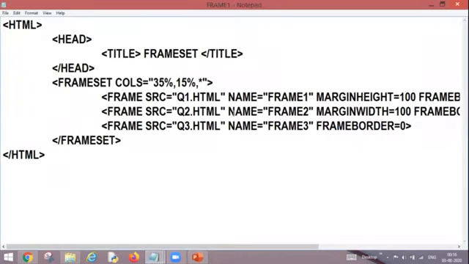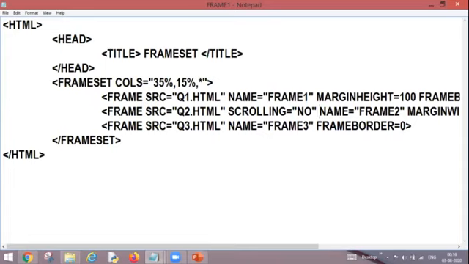So I need to make a change over here in my second frame. If I write here scrolling is equal to no, that means I do not want the scroll bars in my frame 2. If I write yes, that means I want the scroll bars in my frame.